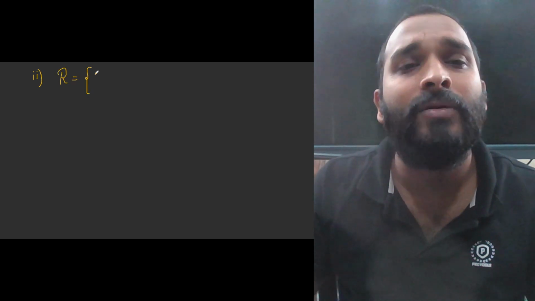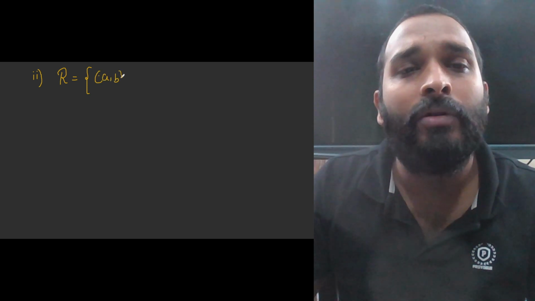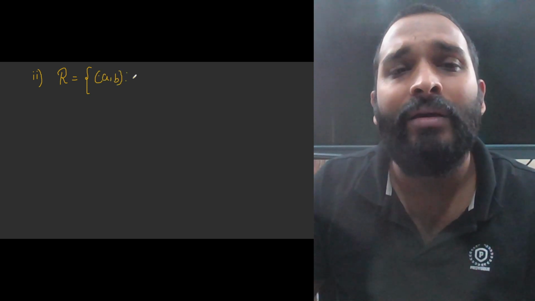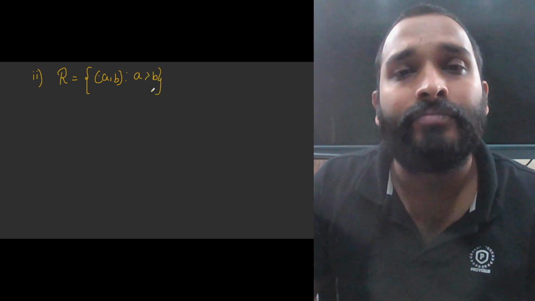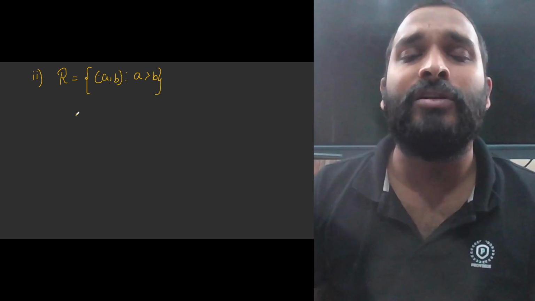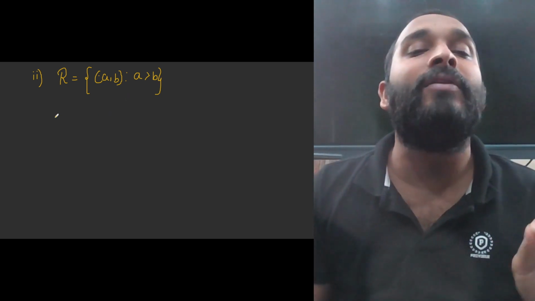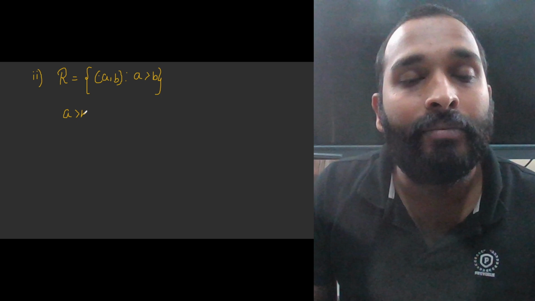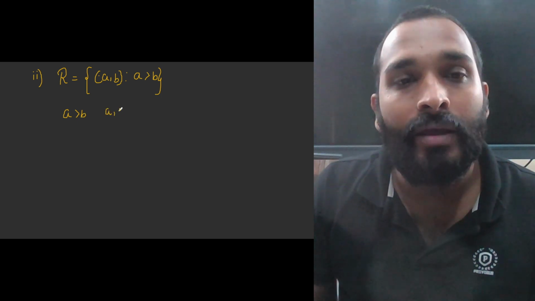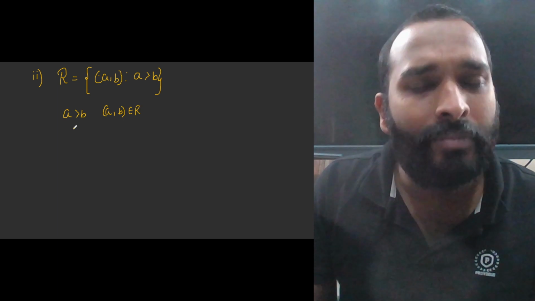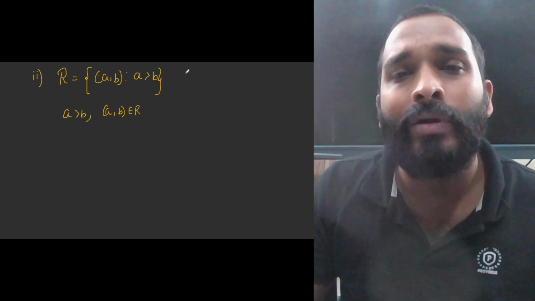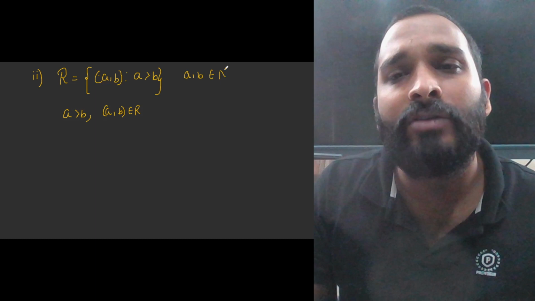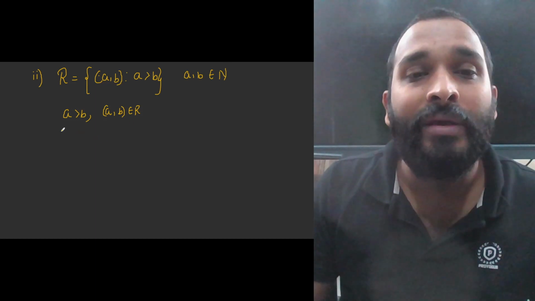I will take a relation R for the set of natural numbers, a, b belongs to the set of natural numbers. Let us take it that way. Now a is greater than b. I'll take this condition. If you consider this condition children, observe it very carefully. It cannot be reflexive. It cannot be symmetric. Why? Tell me. If a is greater than b, then (a, b) belongs to R. True children? The set of natural numbers I have taken, counting numbers basically. Yes. Now a greater than b, (a, b) belongs to R.